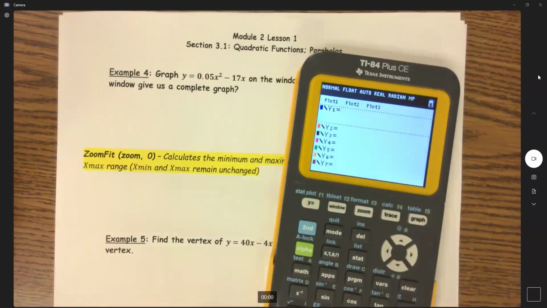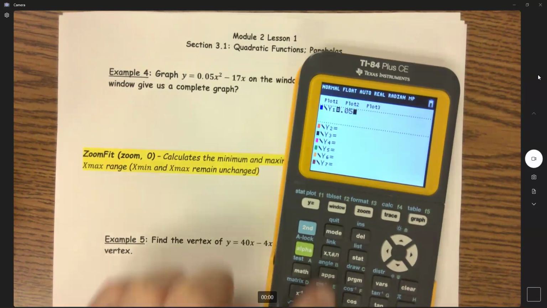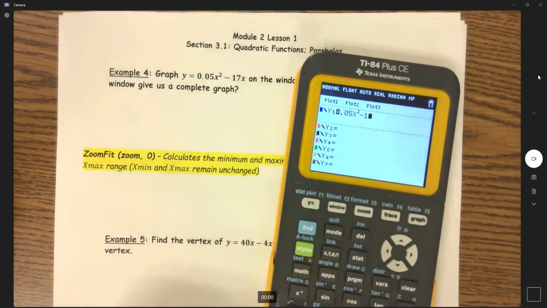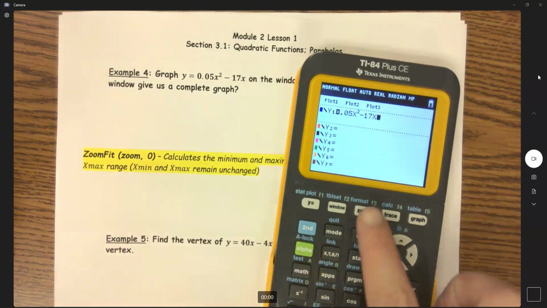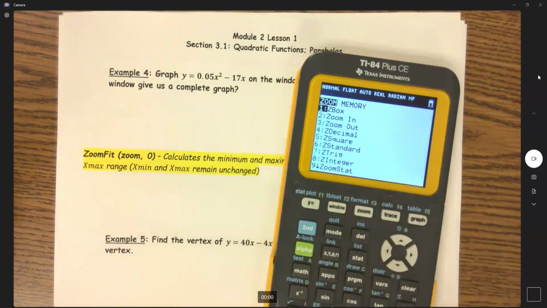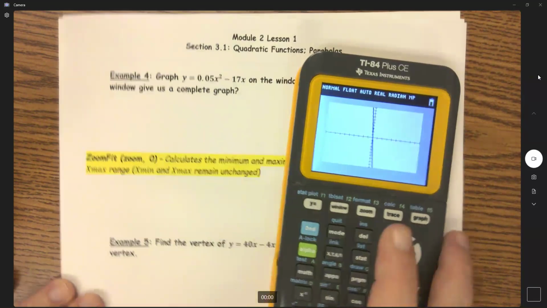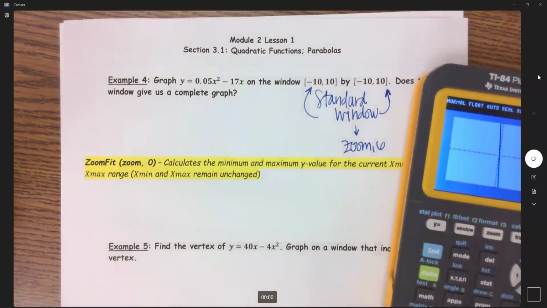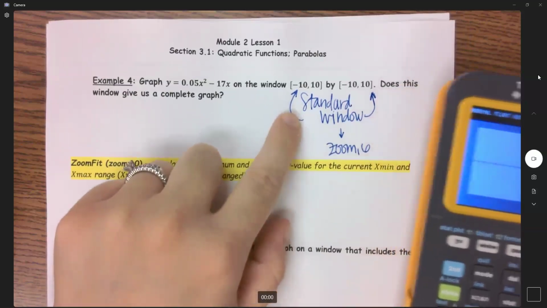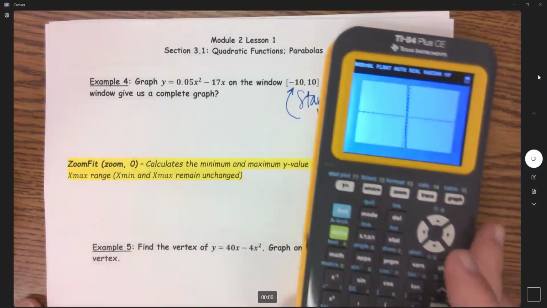So we have 0.05 x squared minus 17x. And I'm going to go Zoom 6 for Z standard. Okay, so the question is, once we graph this on this window here, does this window give us a complete